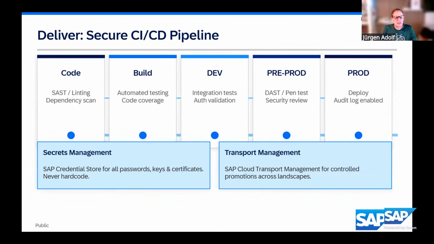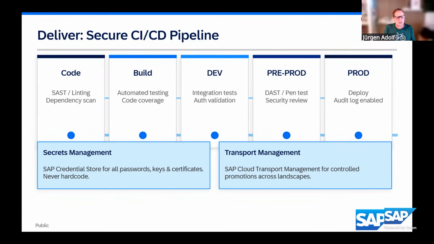So the next thing in the deliver phase is the secure CI/CD pipeline. Moving from development to production is where many security gaps appear if you're not careful. The delivery phase is about operationalizing security through automation. So the pipeline runs through 5 stages, which you can see here: the code, build, dev,